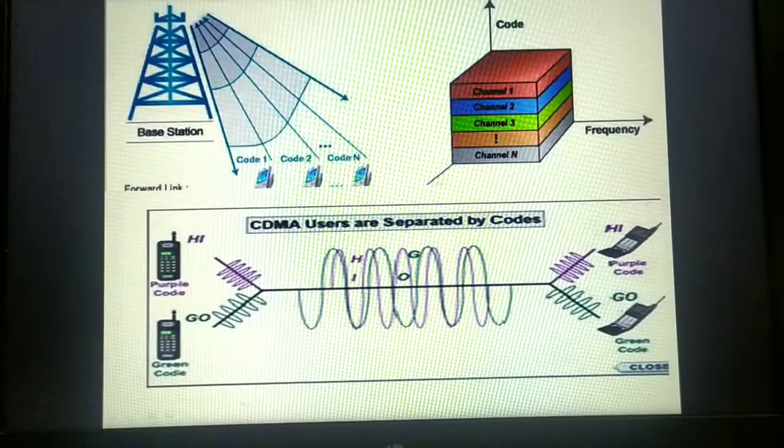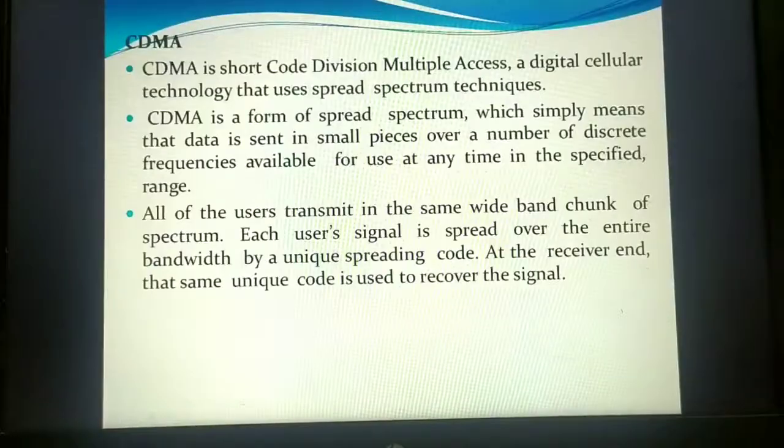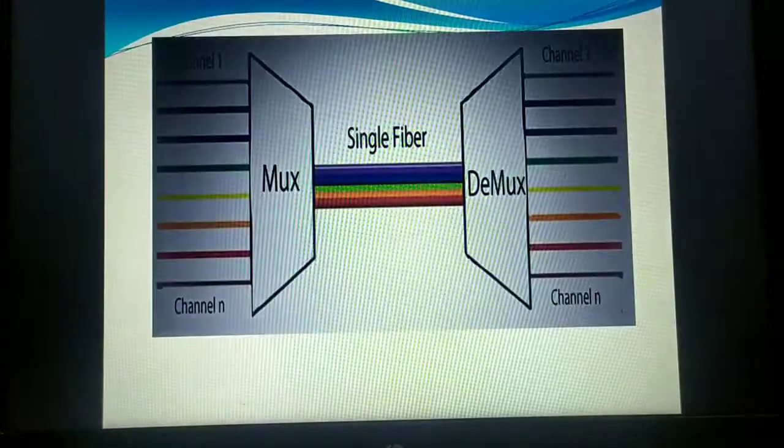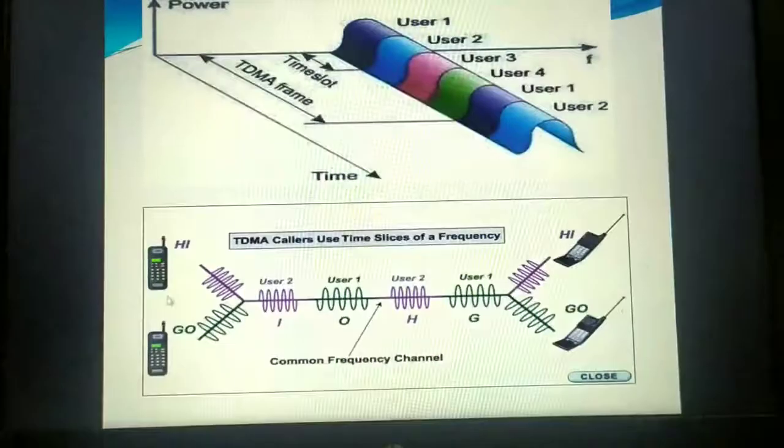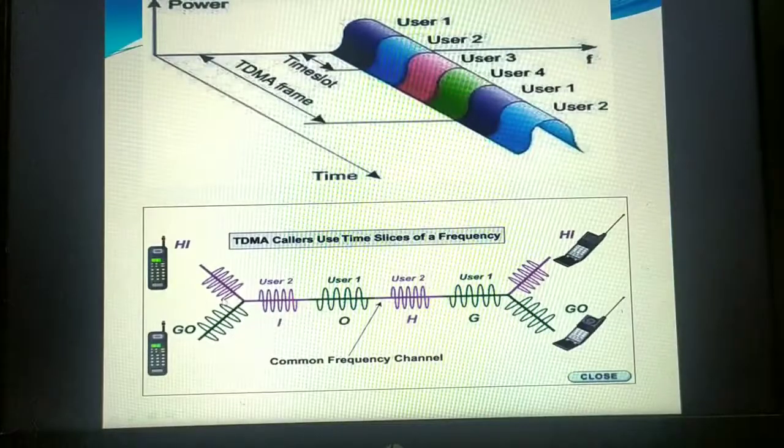This is the spread spectrum technology, where two users are there, user 1 and user 2. User 1 and user 2 are using the complete channel to send the data. The frequencies are not divided.